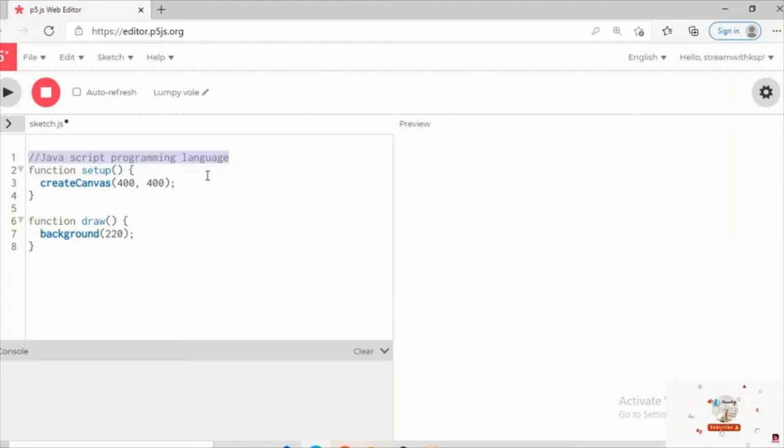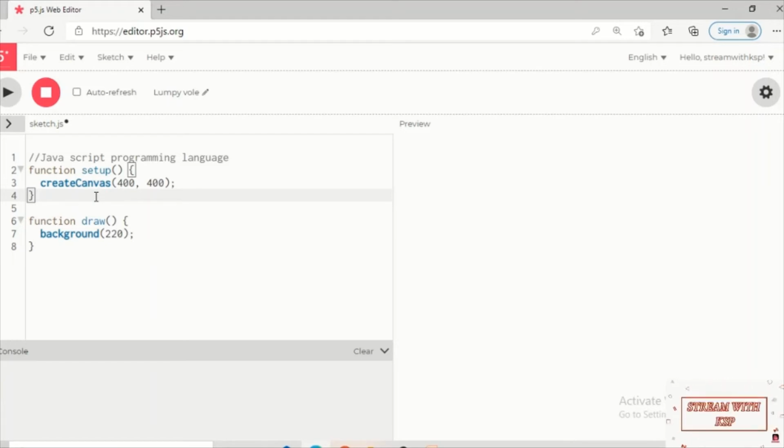Comments are for the user's purpose and are ignored by the computer. Whatever you have written in the comments will not be executed by the computer and will not display any output. So comments are just statements that help the user understand the concept. Now coming to the code, in the second line and sixth line, we have a keyword called function.